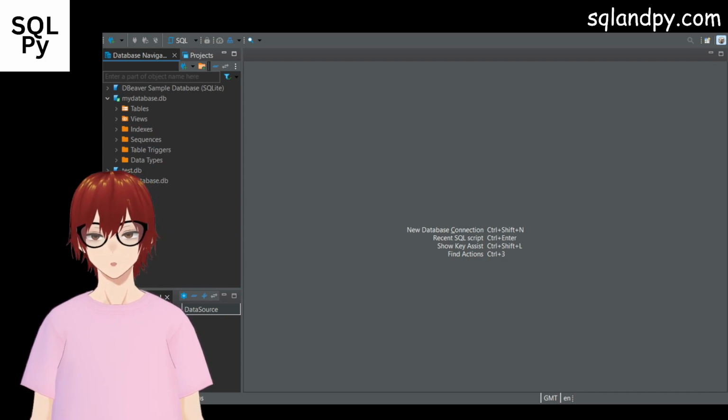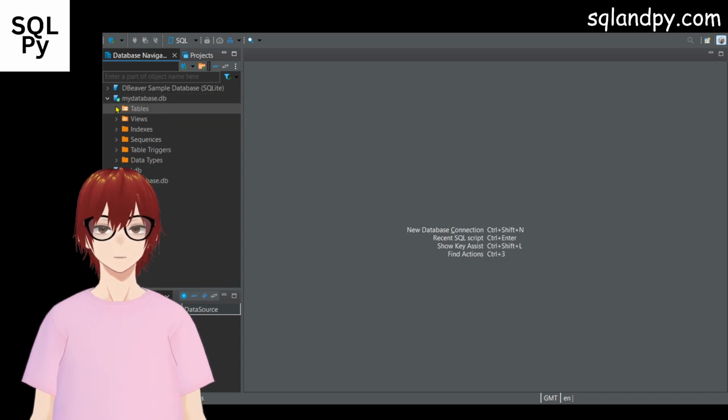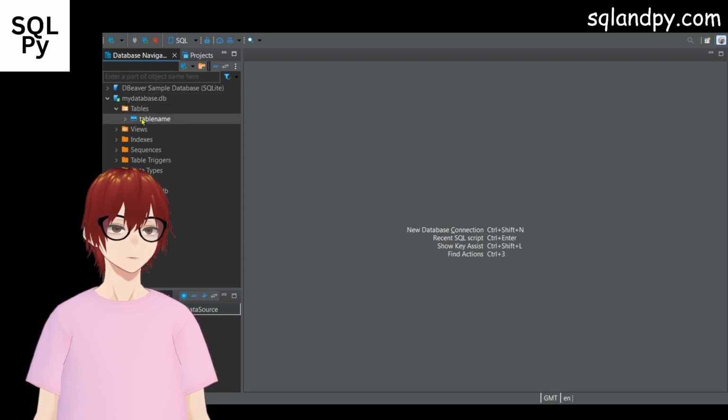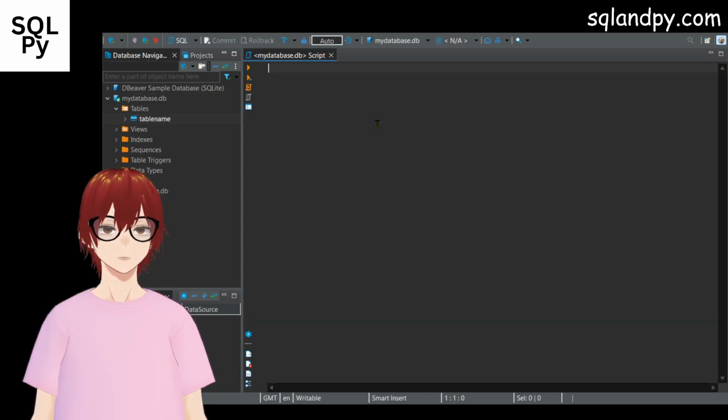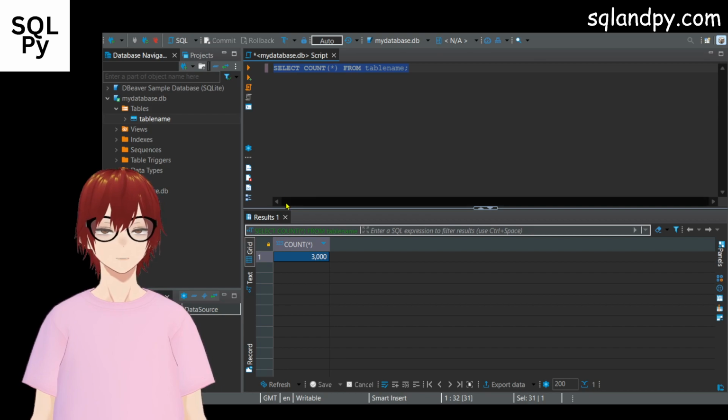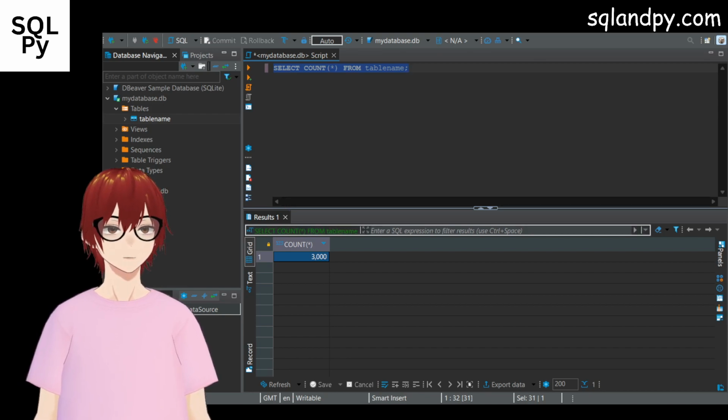Something simple you can do is just a count. So connecting to my SQLite database here called mydatabase.db, I can go to the table and just select count. Then I see 3,000 rows, and I can expand on that a little